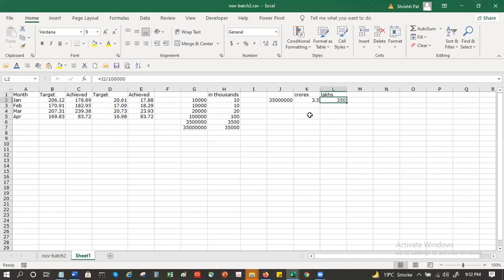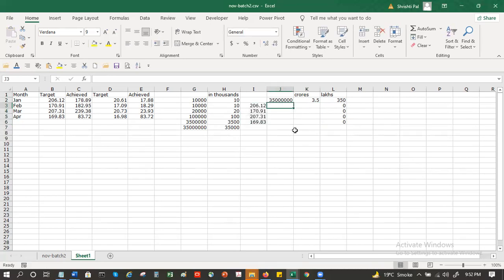Okay. Now, if I put your targets in terms of my crore figure here, and then I want it converted into lakhs. This is already in crore, right? So let me first put it here.